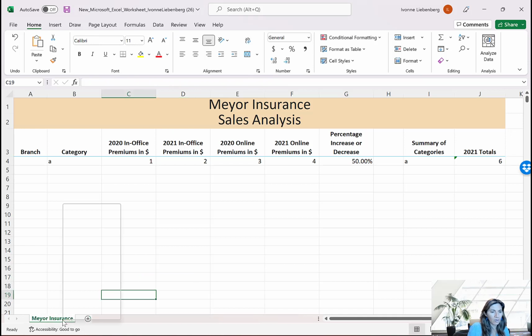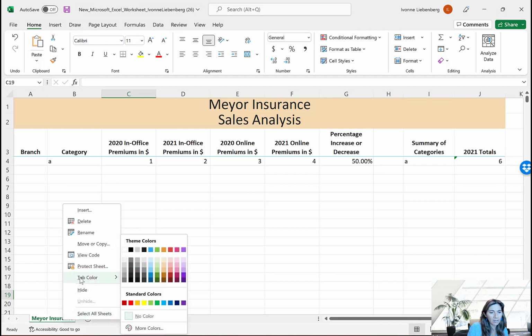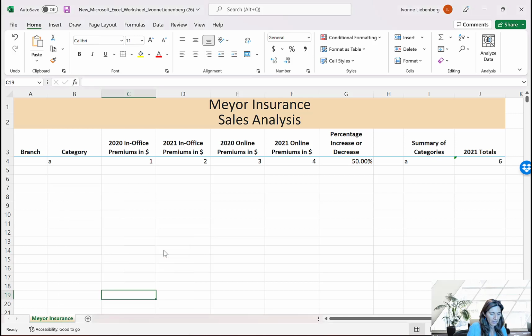All right, and then right click on it because we're going to change the tab color next. So right click to display the menu, click on tab color, and we want Orange, Accent 3. That should be in the first column. Orange, Accent 3. Perfect. All right, so now we're ready to save our template. Now, when we save a template, it's very similar to saving a regular worksheet, with the difference that as file type, instead of choosing a regular Excel file, we're going to use a different type of file called an Excel template. So let's go ahead and click cell A4 to position our mouse in that current cell, and then we